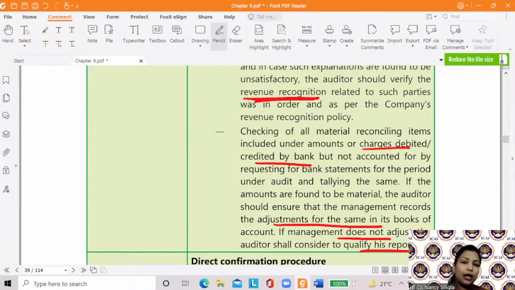BRS simple है ना, अगर if you just recall as to what was the format of your BRS ना, then you can